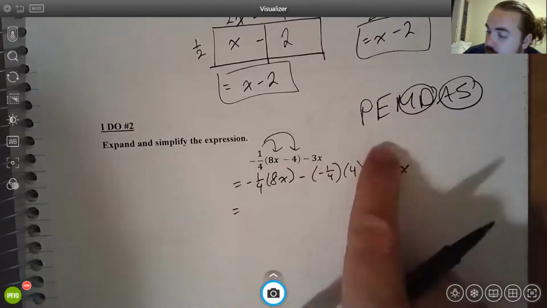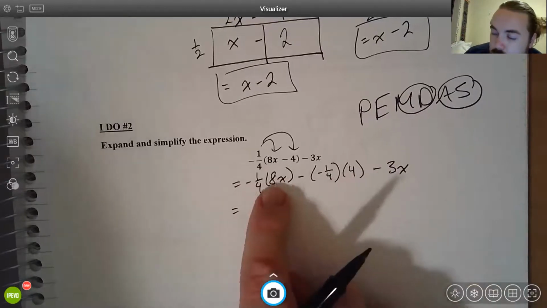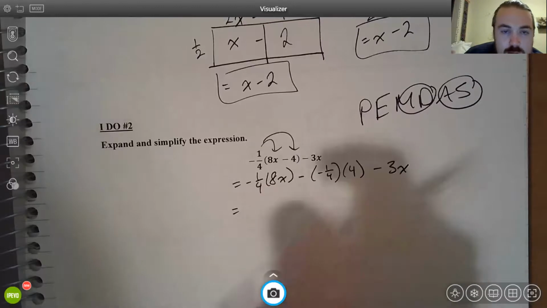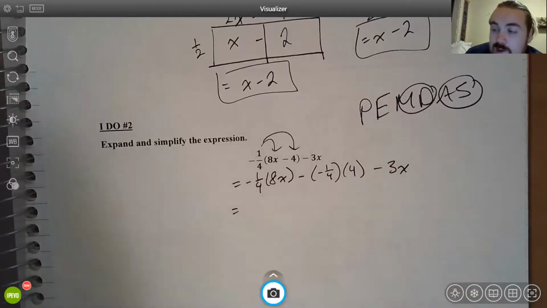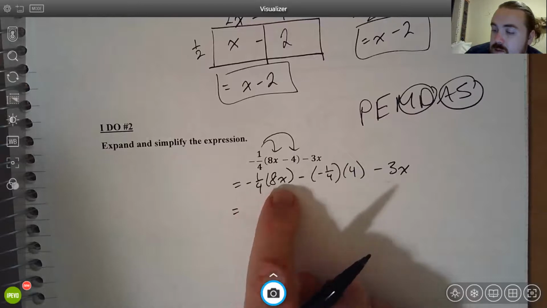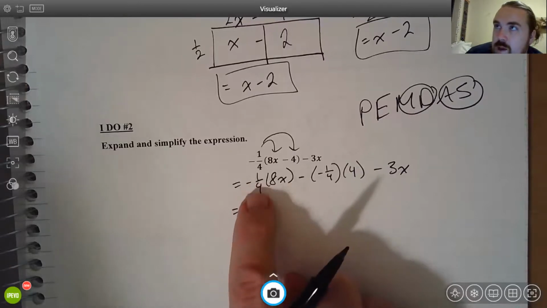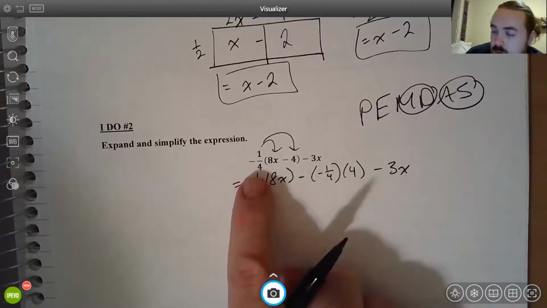PEMDAS tells me I don't have anything in parentheses. I mean, these are parentheses, but there's no addition or subtraction in the middle, so there's nothing I can do with them yet. I don't have any exponents. I do have multiplication. That's what these parentheses mean. Negative 1/4 times 8x. Well, I know that 1/4 times 8 is 8/4, and that's the same as 8 divided by 4, or 2. And negative times positive is a negative